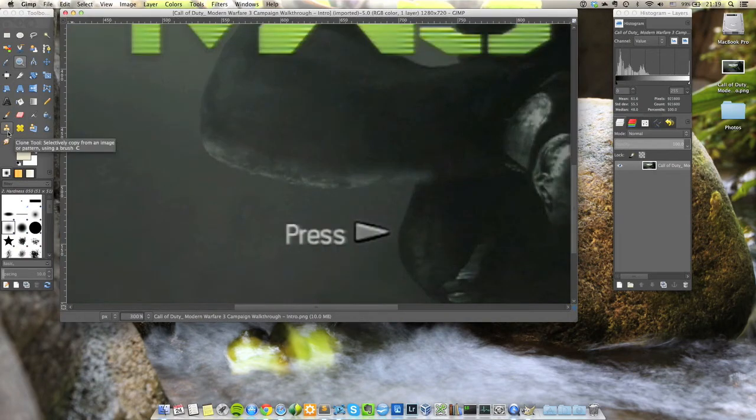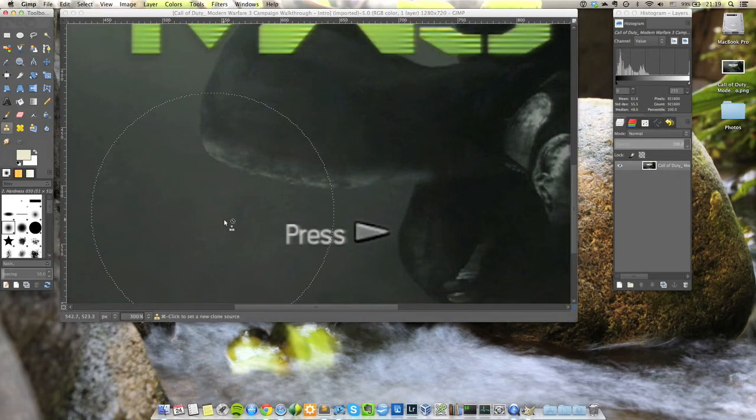We'll use the same thing as we used in the other tutorial. It's the clone tool. There is a difference on how this tool works on GIMP. So I'm holding the left curly bracket to reduce the size of the clone tool. So let's get it to a more manageable size here. That's about right. So as I mentioned, it works a little bit differently than it does in Photoshop, but it still